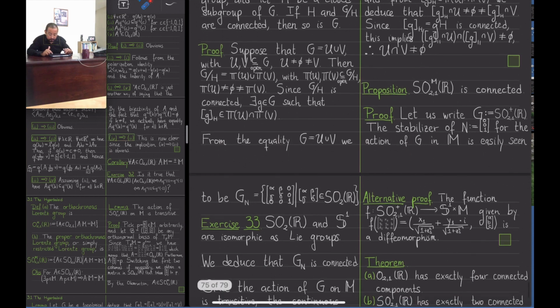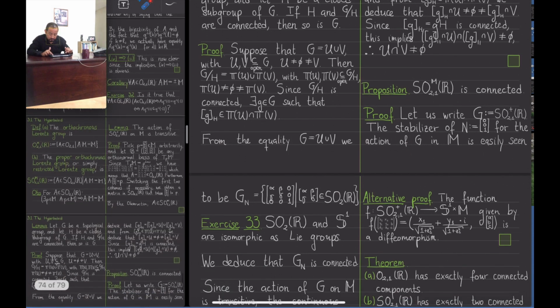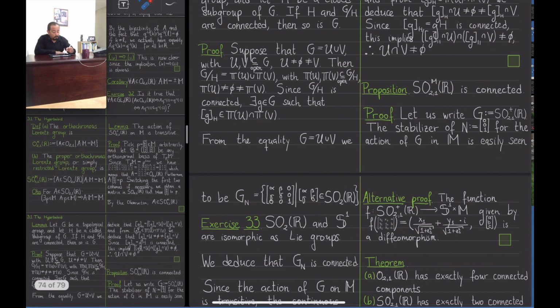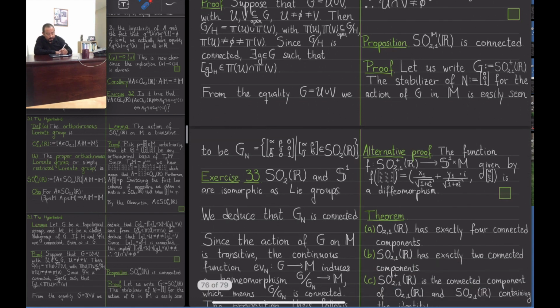Okay, so let us write G, this, right, and then the north pole N of the two-sheeted hyperboloid, and then let's compute the stabilizer of N, for the action of G. Well, you can easily see that it's actually this one. I mean, just play around with the fact that you take a matrix A such that A of this point is this point, and then you arrive at this,